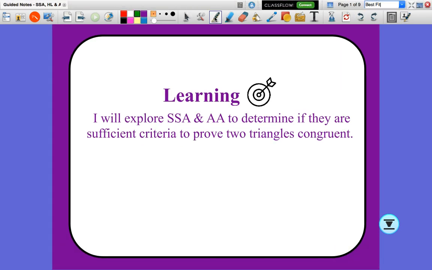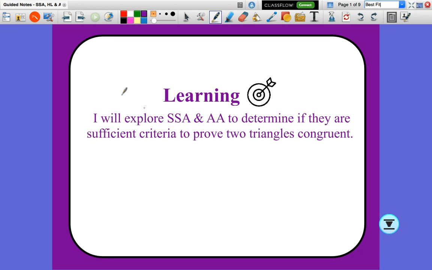Everyone, welcome back. We are going to be continuing and building on some of the knowledge that you have gained over the last few days or week or so about congruence, right? And actually even longer, because we started with rigid transformations to prove congruence. We've really been at this. So our objective for today, for this lesson, is to explore some more, ooh, that rhymes, triangle